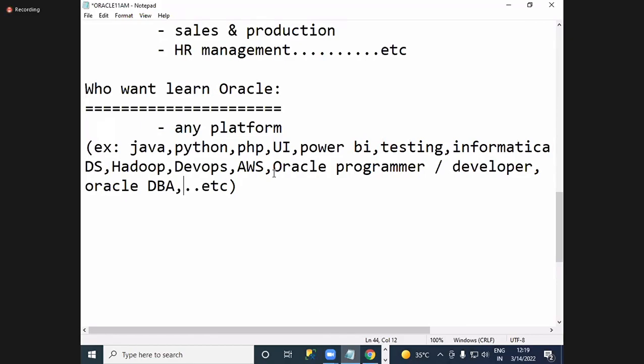So that's my point: your target is to fulfill the target with all technologies. Whatever technology is needed, you touch every needed technology and happily move into your companies. These kinds of people can learn it here. And there is no boundary for learning database. All people in their development area, their work premises, definitely want to use database interaction at their working level. That's why you learn Oracle.